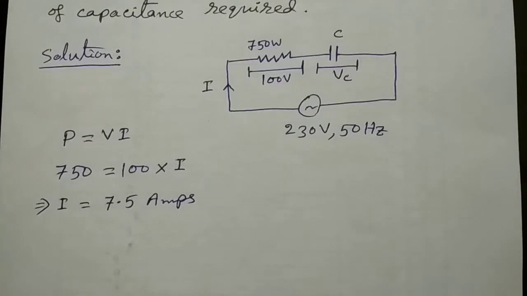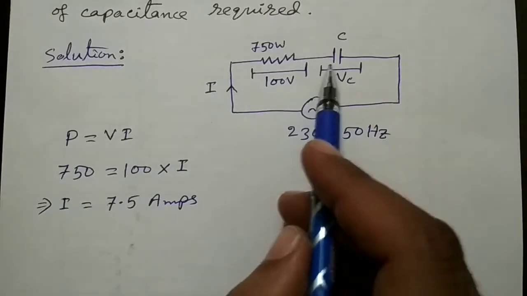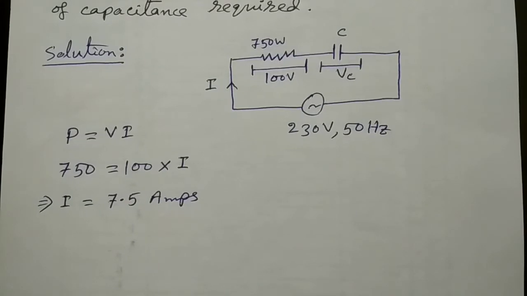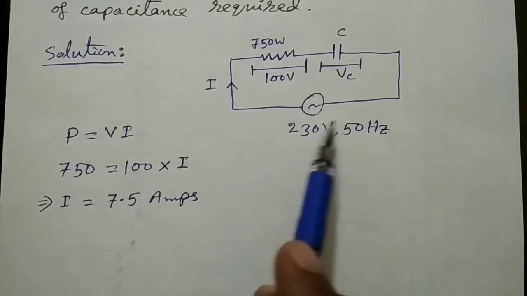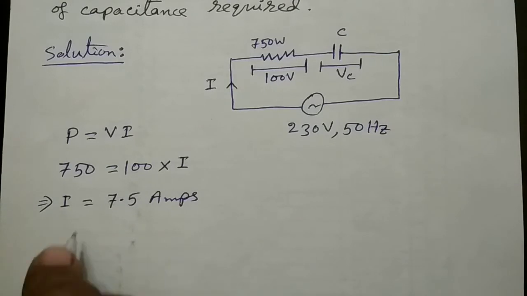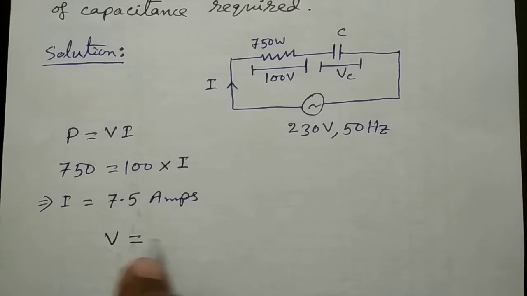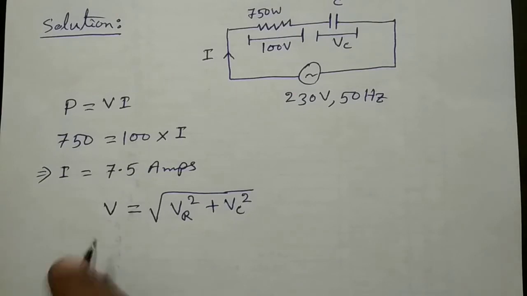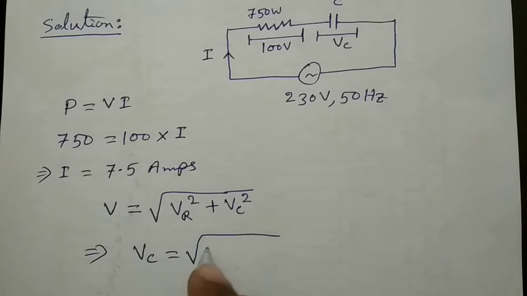So this is the current that will be flowing through the bulb as well as through the capacitor because they are connected in series. Now if we apply the KVL in this circuit, then we have already seen that the supply voltage can be written as square root of VR square plus VC square. That we have already defined. Therefore, Vc can be written as square root of V square minus VR square,